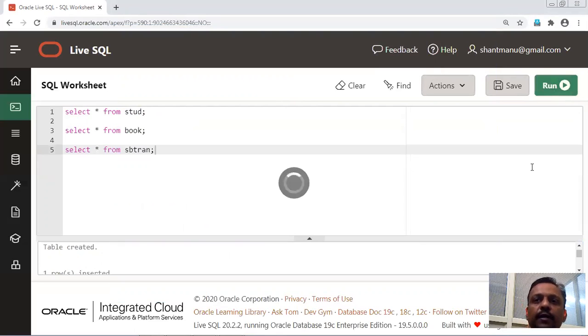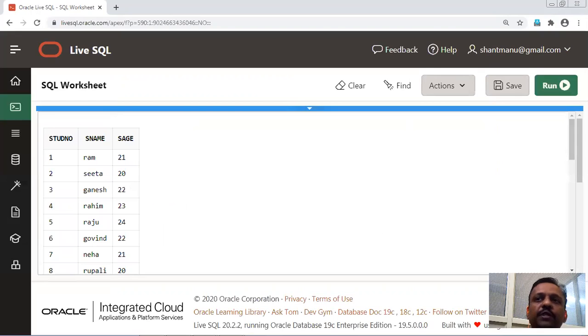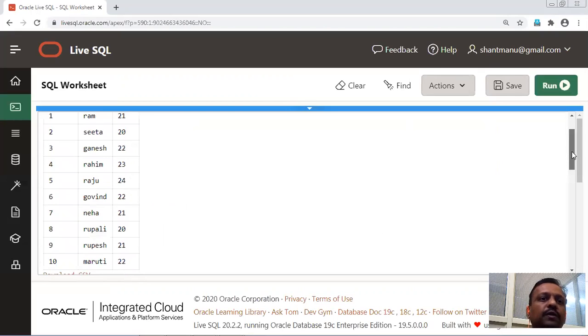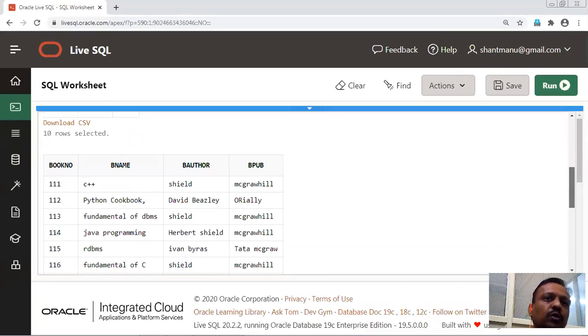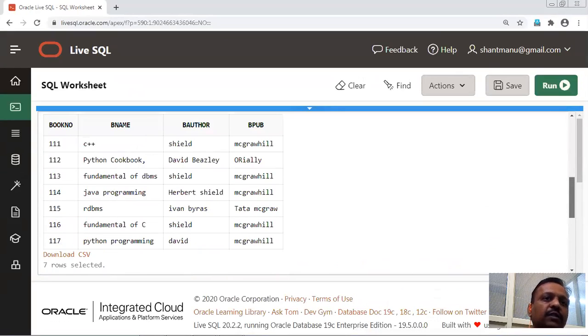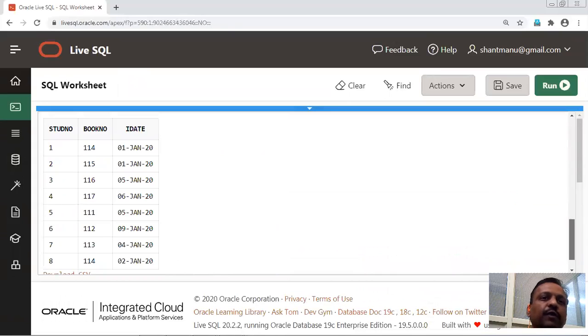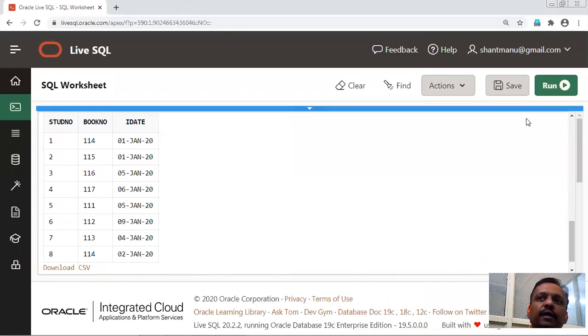So we'll get the content from the three tables. First is the student, and these are the 10 records. Then book having 7 records, and then the transactions that we have made in the transaction table.